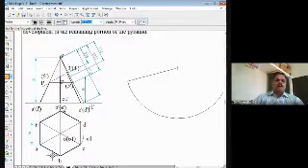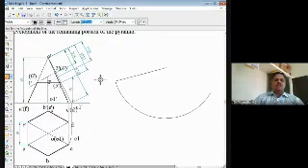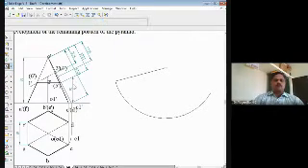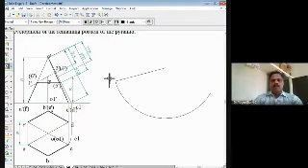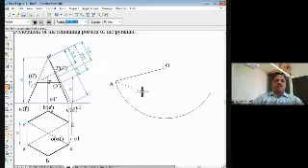Now I have to mark this A, B, C, D, E, etc. So this point is actually A and this point is O, right? Now I have to mark the point B, C, D, etc. For that, we'll take the arc tool with A as center and radius is equal to 30 mm. I'll cut this arc now.